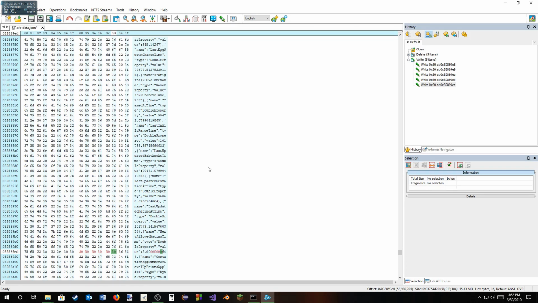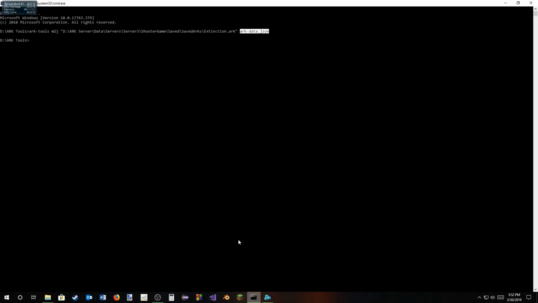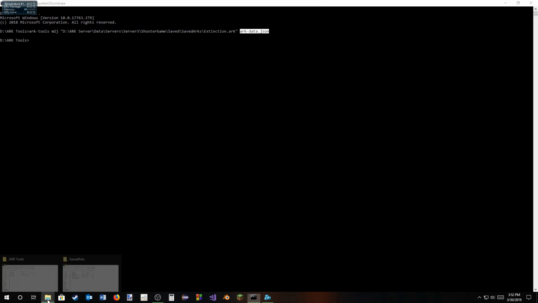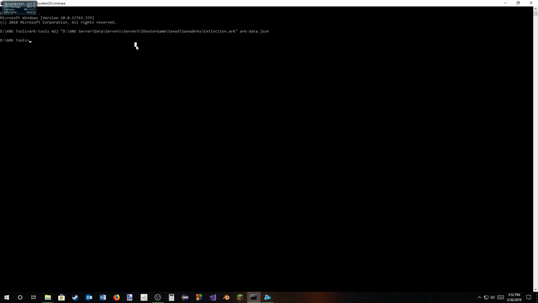If they're different, it will use the anti-corruption one to remove any modifications. So now that we've got that copied, we can save this and click yes. And then we're going to get the command line up. You shouldn't have closed it, but if you did, you can just double click on that CMD here thing again, and then we're going to type